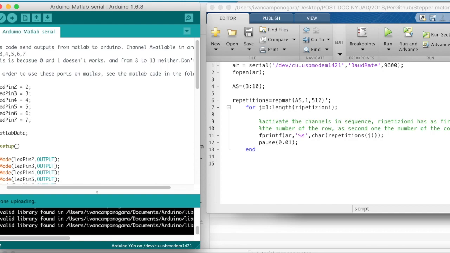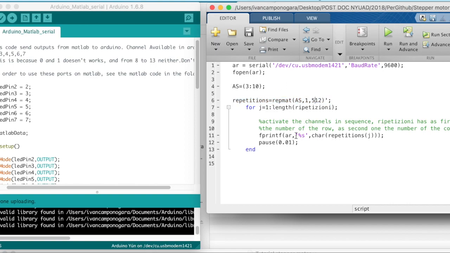Since 8 steps are obtained through a matrix of 8 values, we need to repeat this matrix a total number of times corresponding to 4096 divided by 8, which means 512 times, in order to obtain a rotation of 360 degrees. So in this code here, repmat, we just repeat this matrix